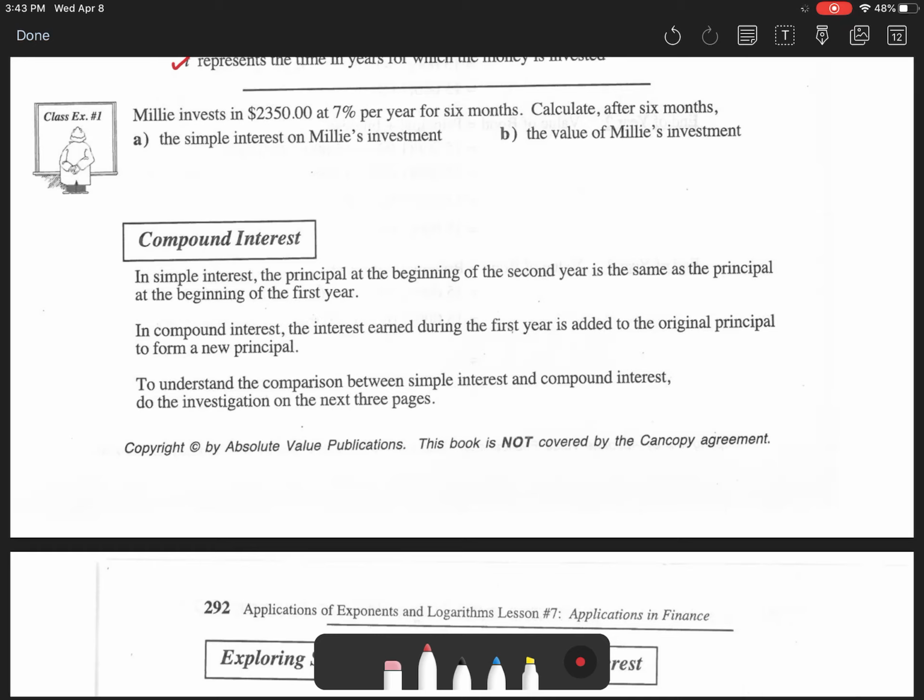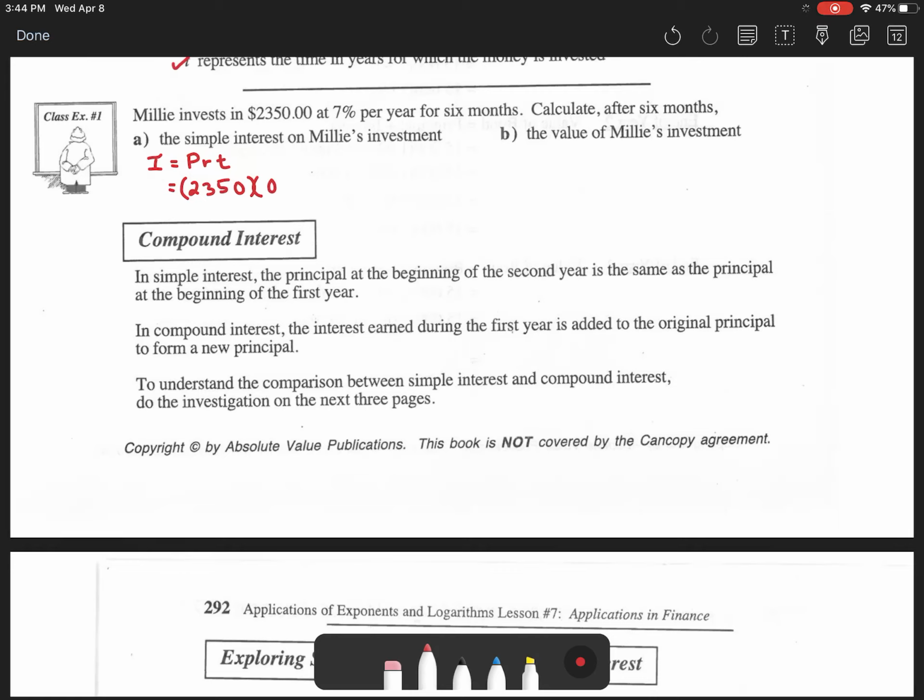So it reads like this: Millie invests $2,350 at 7% per year for 6 months. Calculate after 6 months the interest that Millie would have on the investment. So I follow the simple interest formula. I is equal to PRT, okay, which will be the